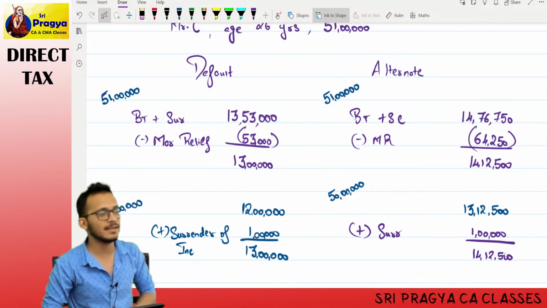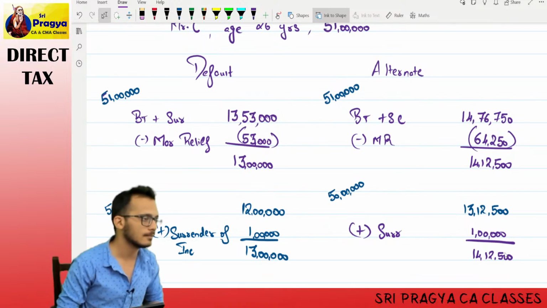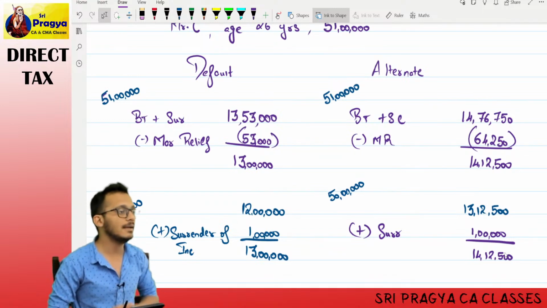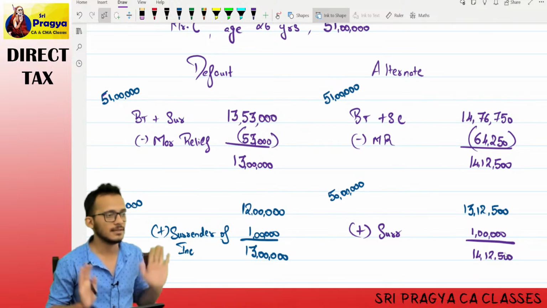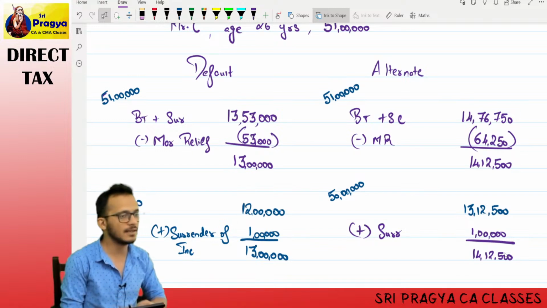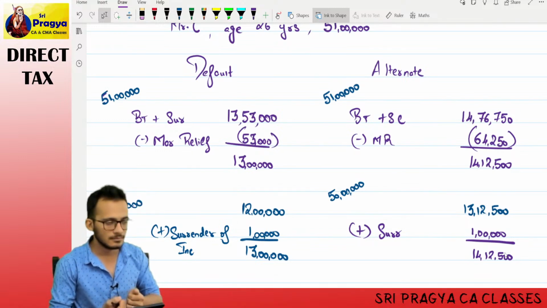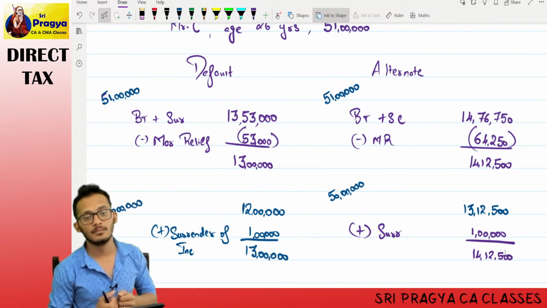So what the government is saying is, yes, I know I am levying surcharge on your whole tax. But because of that, if your tax itself becomes higher than your income, let's not have it. That's something wrong. At this point you surrender your income to me, and I will not ask you for extra tax. Logical.